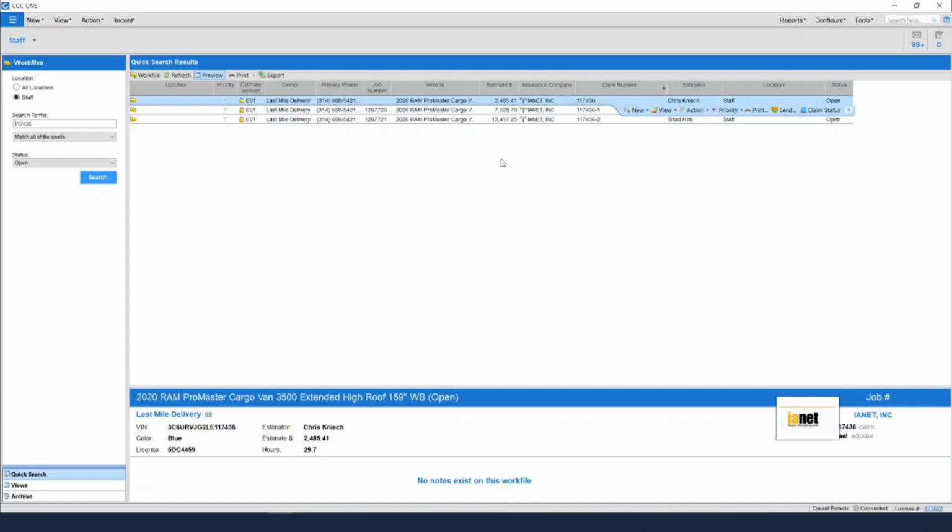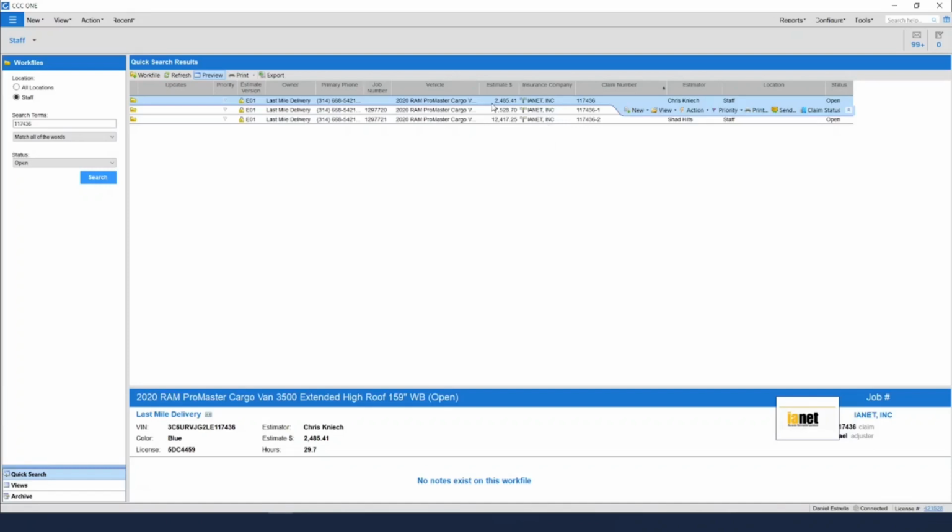At this point, if you were to go ahead and write an estimate and lock it, we should get everything we need, given that you know how to attach your photos and documents to the work file. A couple other procedural tips that I'm going to go over now is how to handle work files. So if you look at the screen here, we have a few work files that we wrote in our